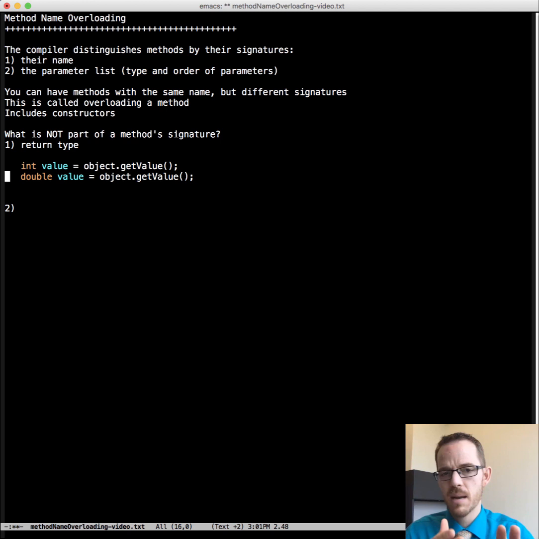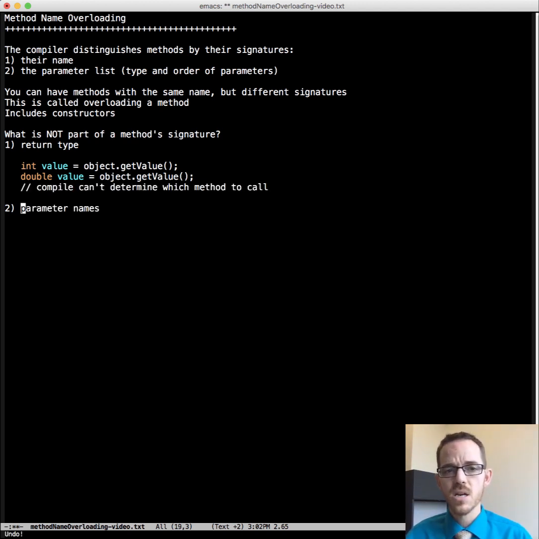While in this example you could figure it out, compilers are smart, if you took away the variables it's assigning to, then the compiler wouldn't know, and the methods could be different, so it'd be important which one to call. Because it's ambiguous, the compiler does not allow it. So the first thing that's not in a method signature is the return type.